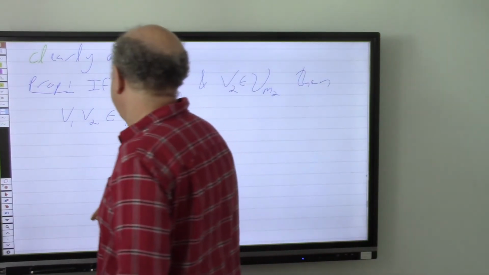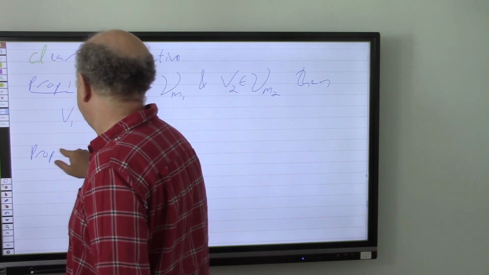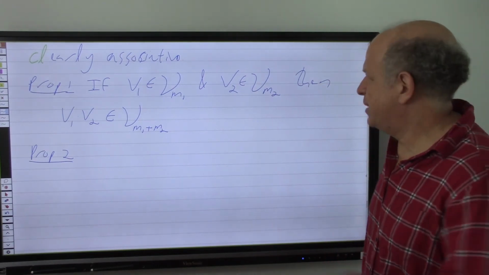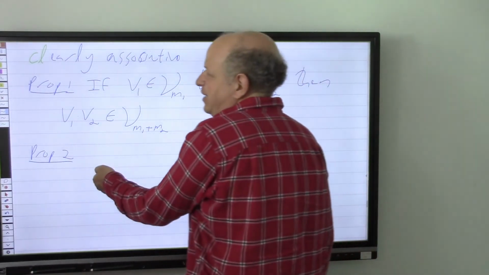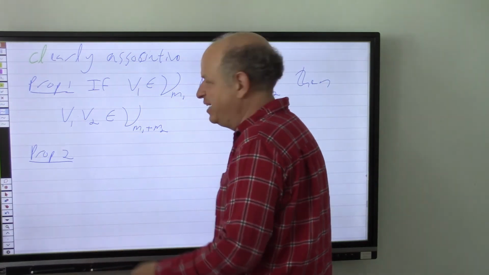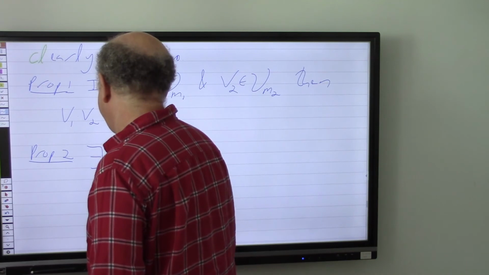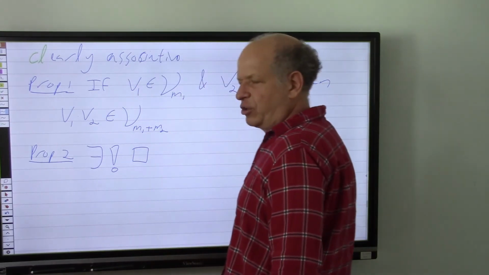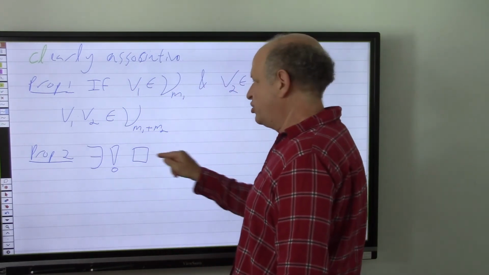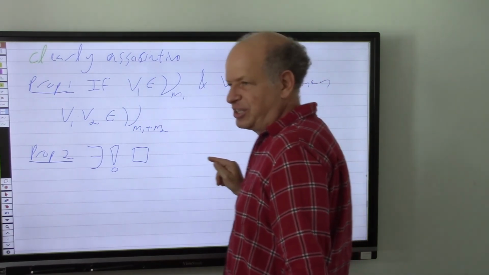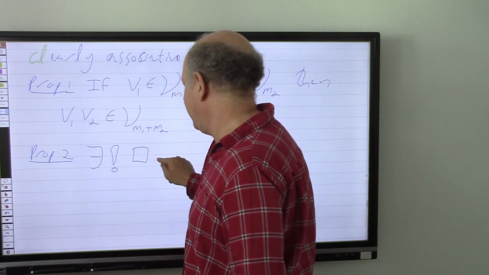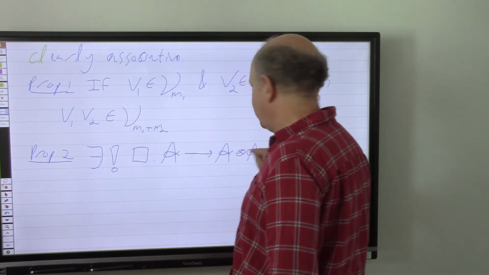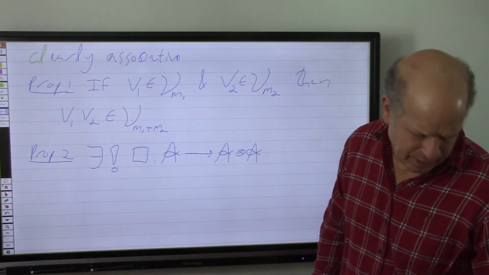Okay? And proposition number 2 is, well, how exactly this induces a coproduct. Okay? So I claim that there exists a unique coproduct, and before I used triangle for the coproduct, but this specific coproduct is usually denoted with a box. My apologies. So there exists a unique map delta going from A to A tensor A, which has the property that